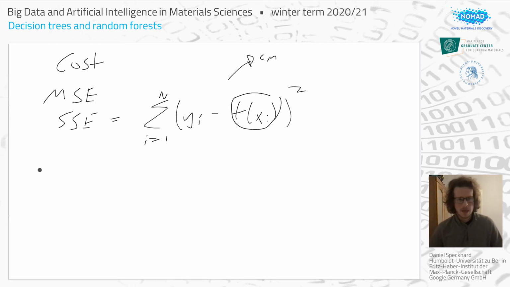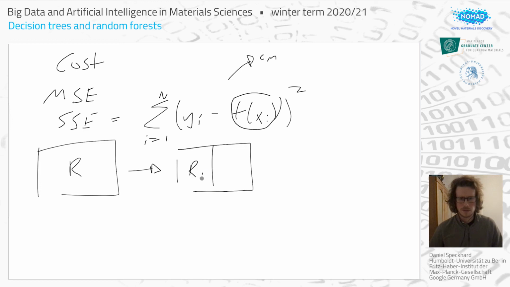value of that region. And so imagine now we have some region R, and we want to make a split. So we end up with this left region and this right region for some x here. And what we want to do is take some minimization. So we want to find the feature that we should split on. Much like the same tactic as with classification, we're going to try all of the features, try all of the possible split points, and minimize over all of them. Keep track of the good ones, maybe explore the good ones a little bit more in deeper detail. And then we're going to try and find the minimum